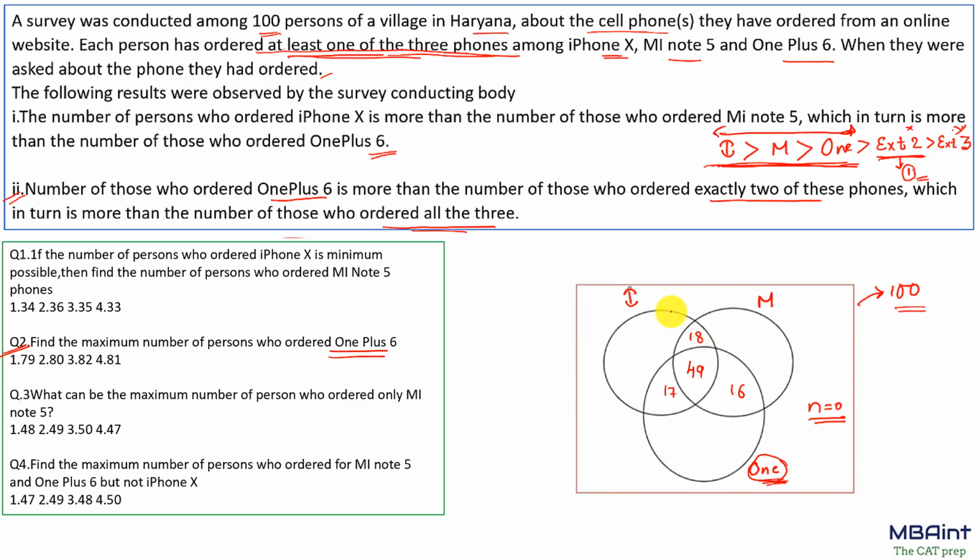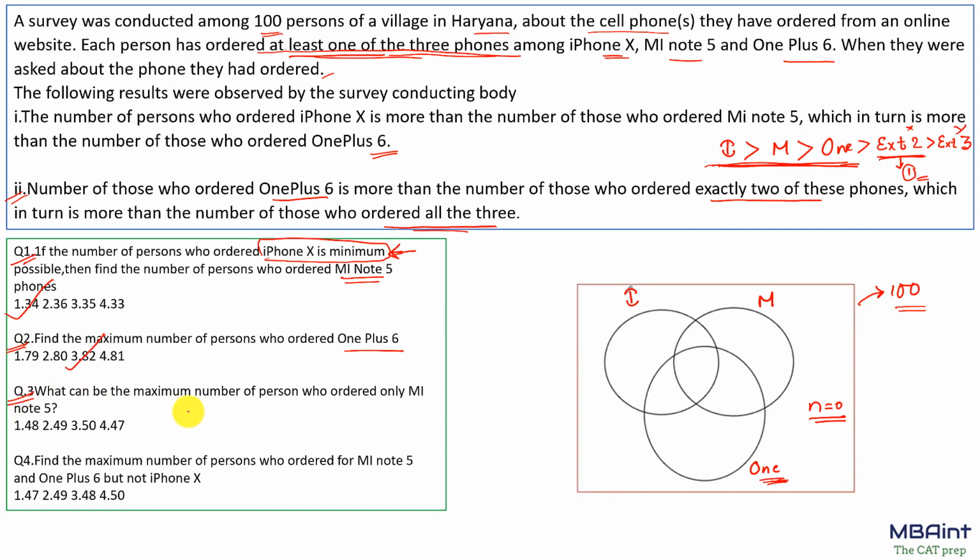Now, in that case, iPhone is now definitely greater than MI. Now, as I've taken the number to there, OnePlus is less than MI, just less than MI. Now, this is the maximum possible value for OnePlus. Okay. So, what is it? 9 plus 6 plus 9 is 15, plus 7 is 22. Carry 2, 5, 6, 8. Okay. So, the answer to this question is 82.